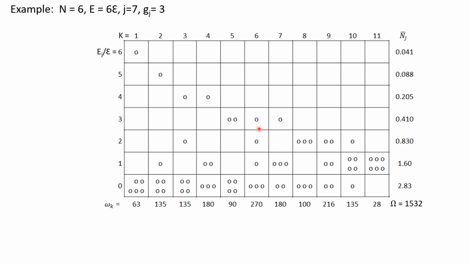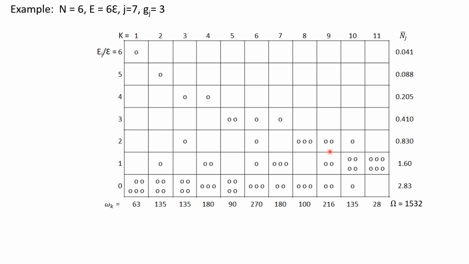Similarly, one particle in energy level 3, one particle in energy level 2, and one particle in energy level 1 give rise to 6 units of energy. So we put the rest of the particles in the 0 energy level. Similarly, one particle in energy level 3 and 3 particles in energy level 1 give 6 units of energy, so we put the rest of the 2 particles in the 0 energy level. Similarly, 3 particles in energy level 2 give rise to 6 units of energy, so we put the rest of the 3 particles in the 0 energy level.